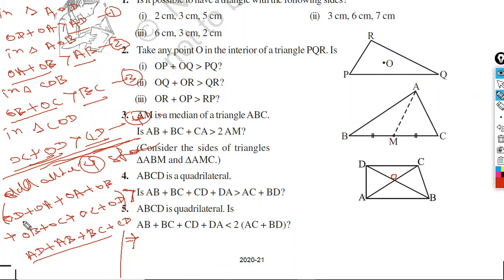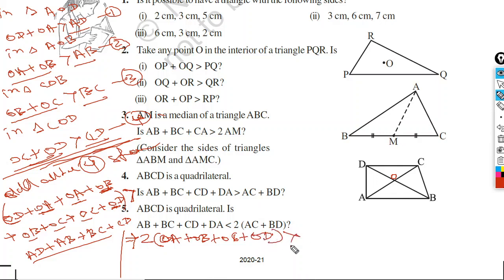Now look at the LHS. There are 2 numbers of OD, right? Similarly 2 numbers of OA, and all are 2 numbers. So you can take 2 common: 2 OD, 2 OB, 2 OA, 2 OC. After taking 2 common, we can write 2 into OA plus OB plus OC plus OD